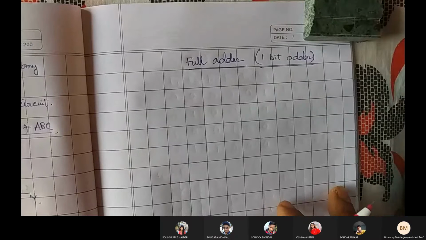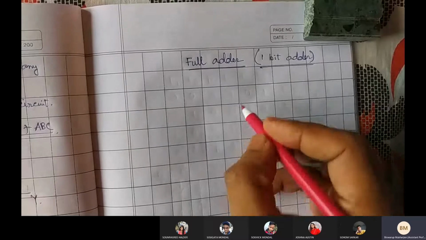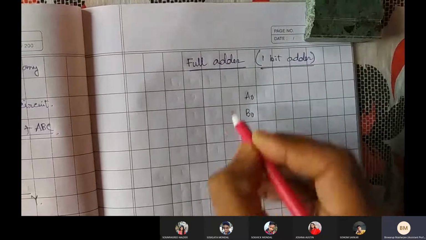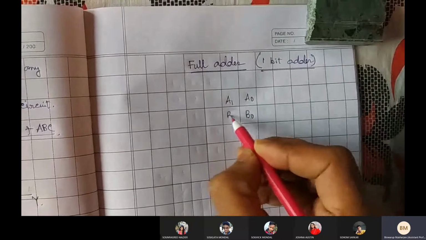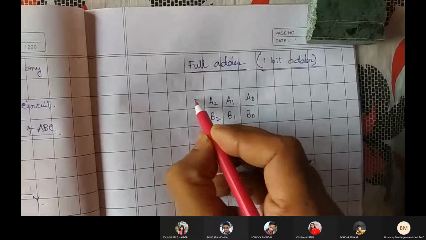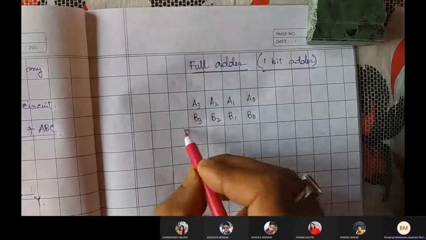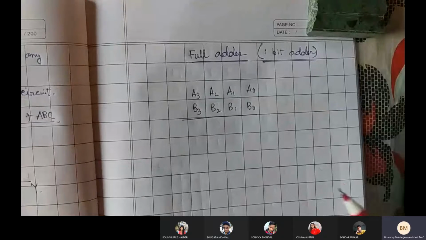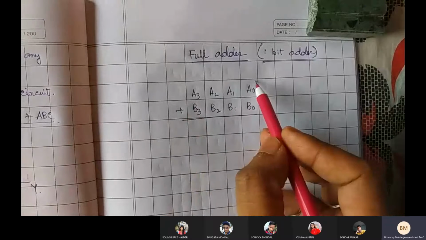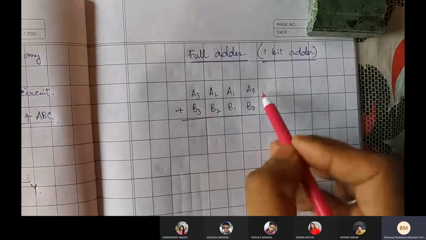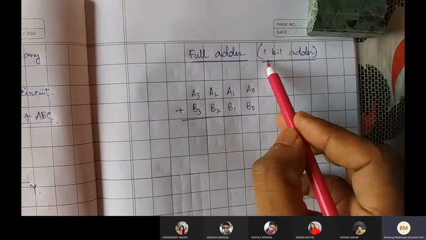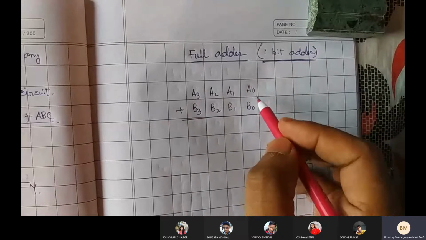ধরো আমার একটা সংখ্যা আছে, সাপোজ ধরো A0 along with B0, এই দুটো অ্যাড করছি, এর সঙ্গে আরো আছে A1 B1, মানে ধরো সংখ্যাটা এরকম বড় সংখ্যা A3 B3 এরকম 4 সংখ্যার যোগ আমরা ছোটবেলায় আগে করেছিলাম, সেরকম ধরো 4 সংখ্যার যোগ আছে। এটা 4 সংখ্যা, এটাও 4 সংখ্যা। This is a 4 bit, this is also a 4 bit. So this addition is actually 4 bit addition. Okay, so it comes to 1 bit. It require 1 bit adder. So how can you add?